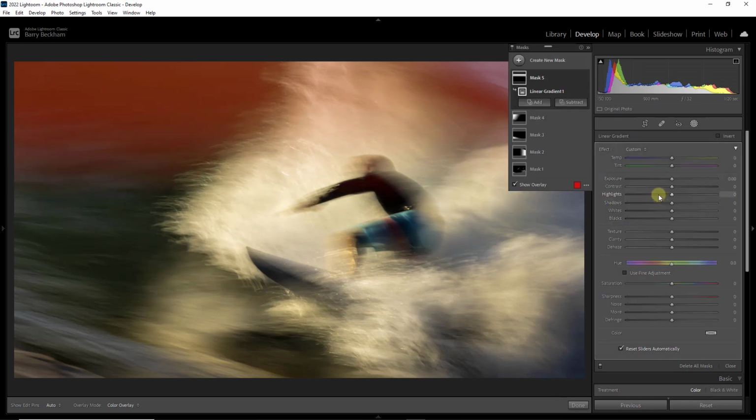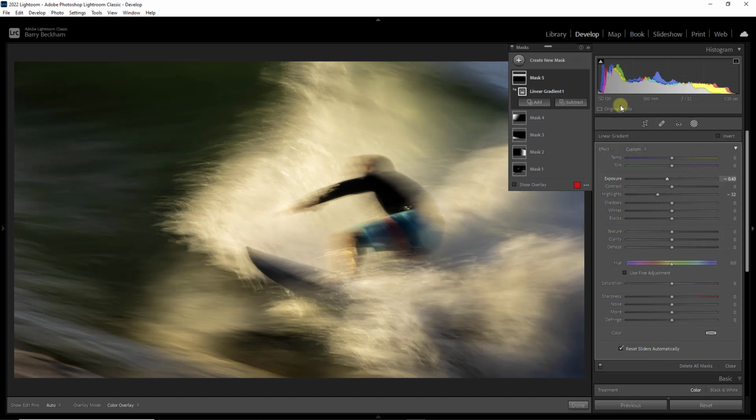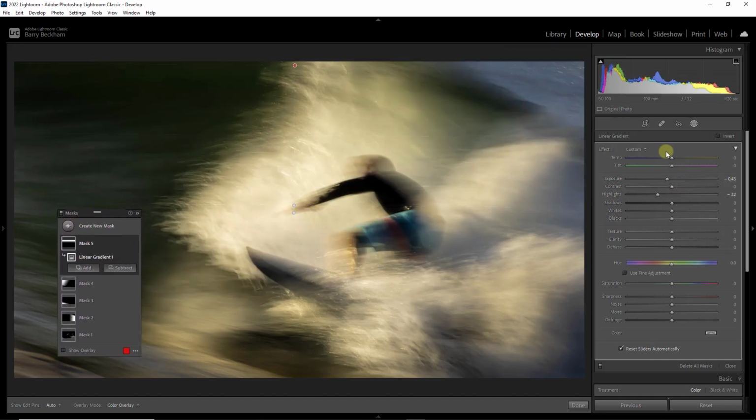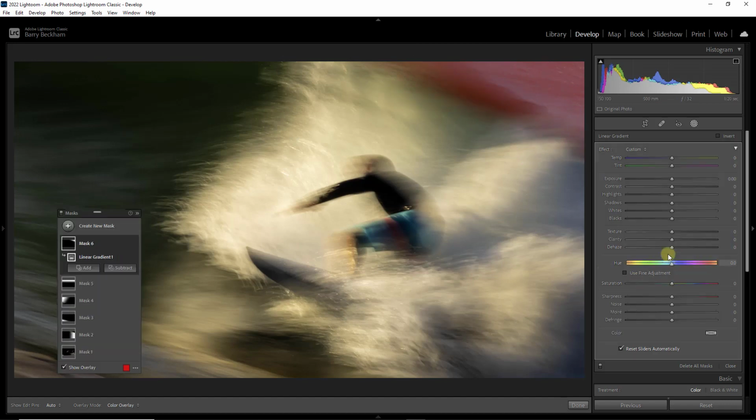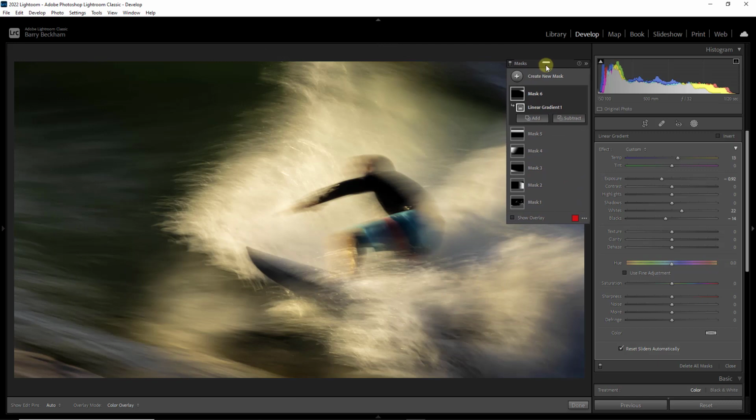Let's take a look at dropping the highlights, the exposure. Let's move this out of the way. That's not looking too bad. A little bit of a weakness here. So why don't we add another one? Touch the M key again. Let's deal with this. Drop down the exposure there. Maybe I can even take away some of that blue a little bit. Bit of blacks, bit of whites, all personal choice, these things. But I think we're getting somewhere. Let's put this back up